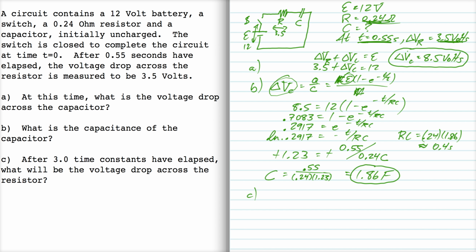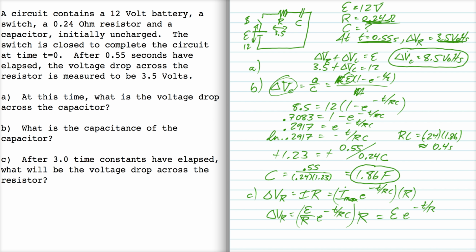Alright, anyway, part C. When 3 time constants have elapsed, what will be the voltage drop across the resistor? Well, our formula for the voltage drop across the resistor is that it's equal to the current times the resistance. And the current is I max times e to the minus t over RC, multiplied by R. But I max is the EMF divided by the resistance. We're taking this whole thing and multiplying by R, so the R's cancel out. So I'm left with the EMF times e to the